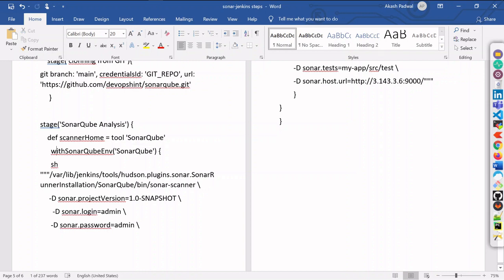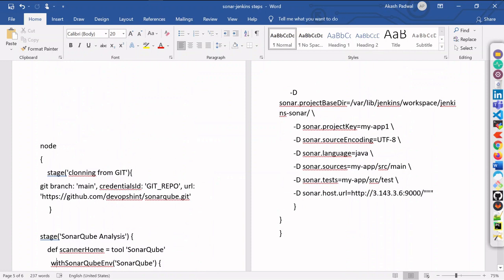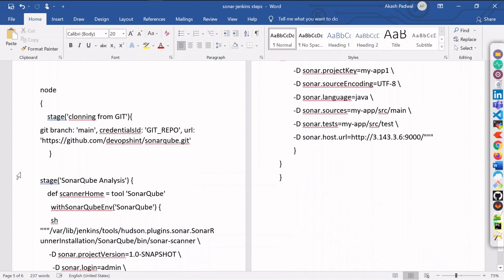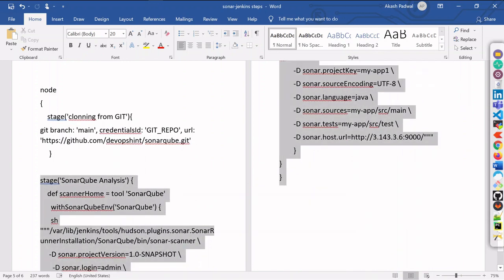Then this withSonarQubeEnv, then your Sonar Scanner home path, and these properties: your project version, then login and password, which is this user ID and password admin, then the base directory and all. I will show you how to add this stage. Copy this.